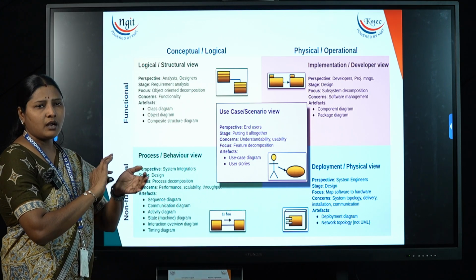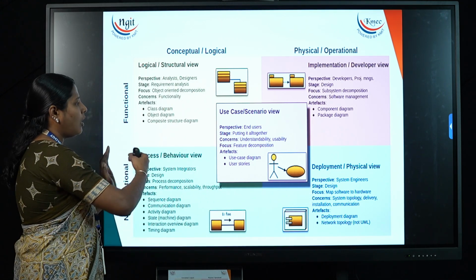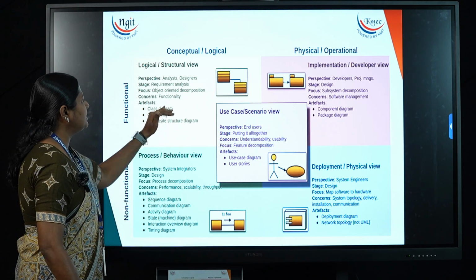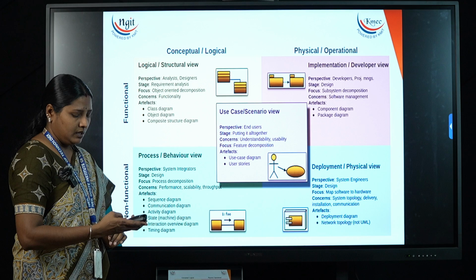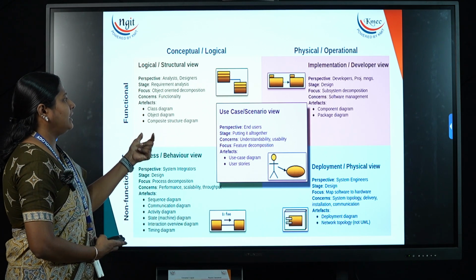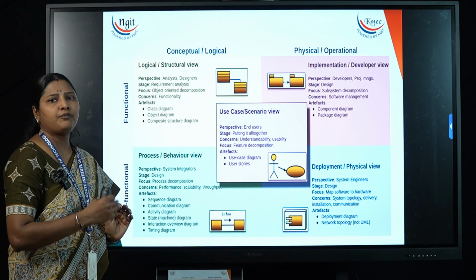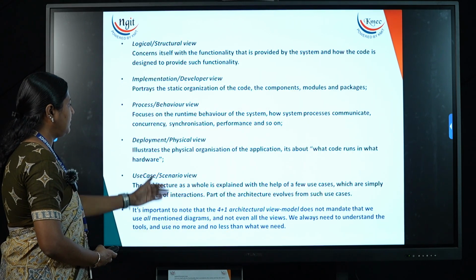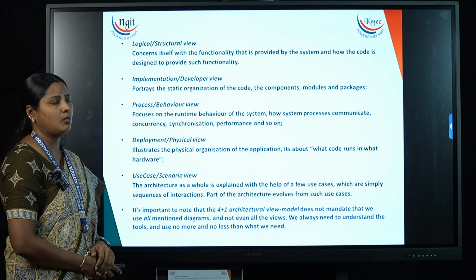As we are talking about the document architecture, all these stages are related to design, whereas the first one is related to the functionality. So this is exactly an example of how to represent the 4+1 view model. This is a brief description about the 4+1 view model.